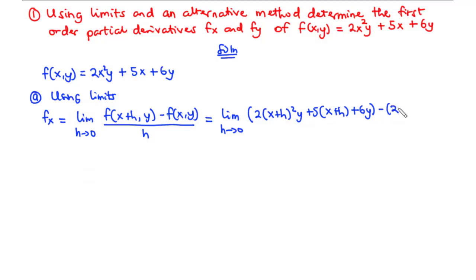So that is 2x squared y plus 5x plus 6y all divided by h. Next we have the limit as h approaches 0 of, now let's multiply the outer values